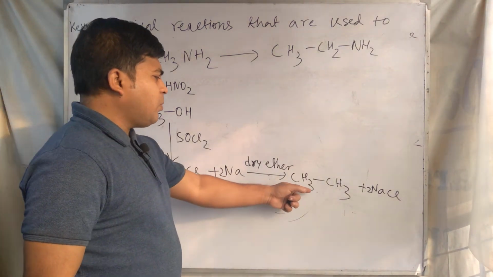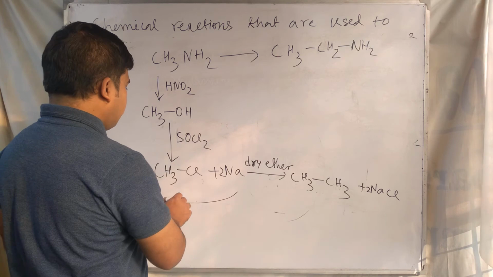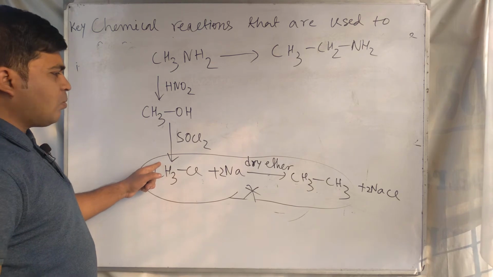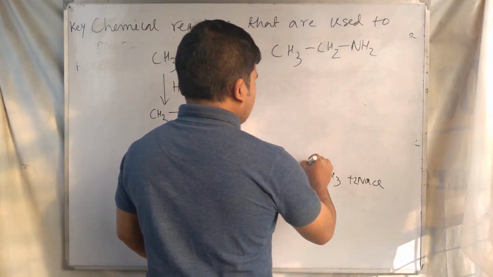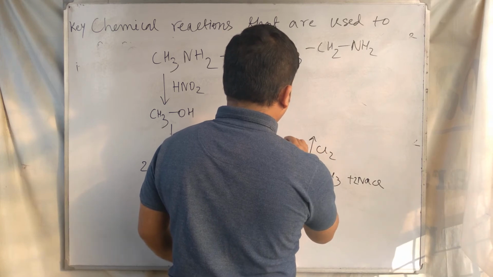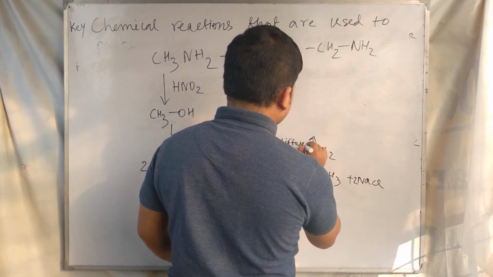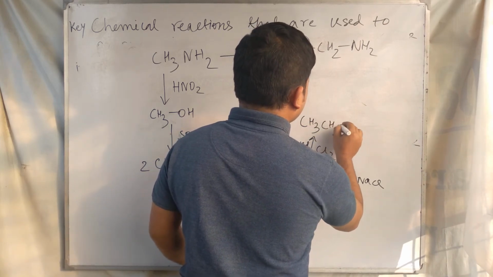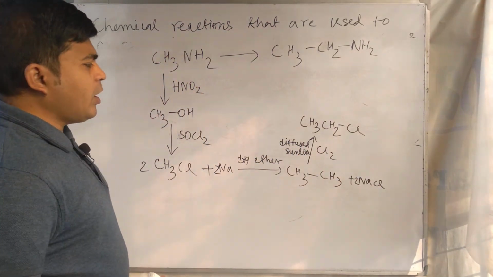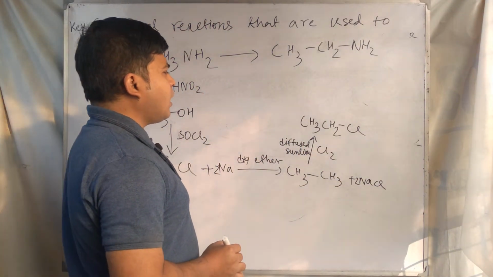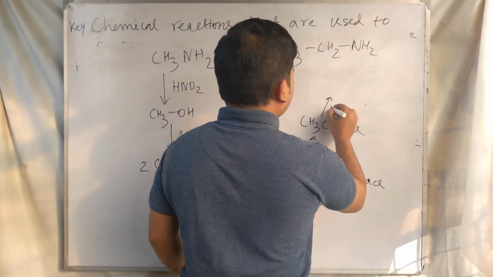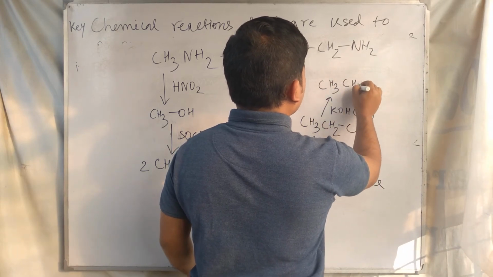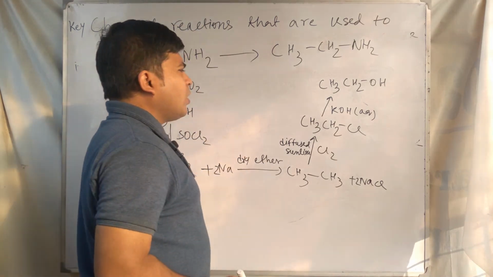Okay, so ethane is prepared in this method, this is the key step. This is the key step where the number of carbons increases from 1 to 2, and from this, chlorine in diffused sunlight changes it to ethyl chloride. From ethane it changes to ethyl chloride, then using aqueous KOH it forms